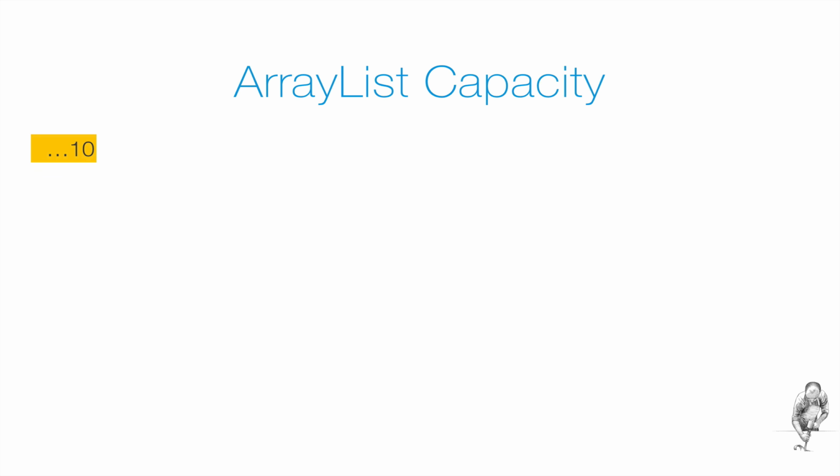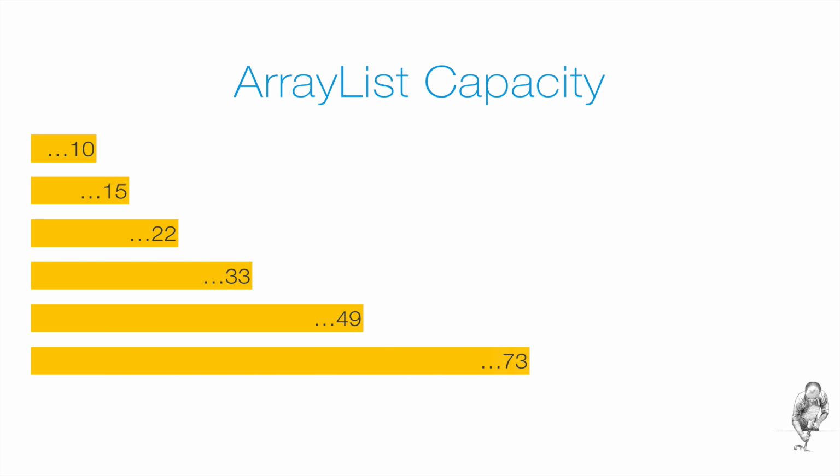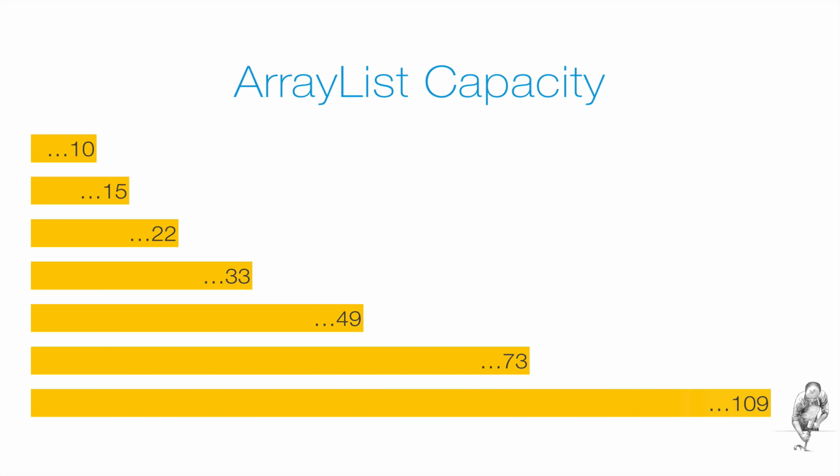Let's say you want to add 100 elements to an ArrayList of an initial capacity of 10. As the list grows, the system will create 6 more arrays to take the place of the first. First, one array that can hold 15 elements. Then one for a maximum of 22 elements. Then arrays with a capacity of 33, 49, 73, and finally 109 elements to hold the growing list. These restructuring arrangements can negatively impact performance.